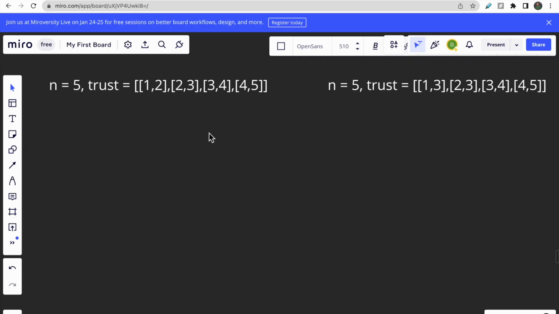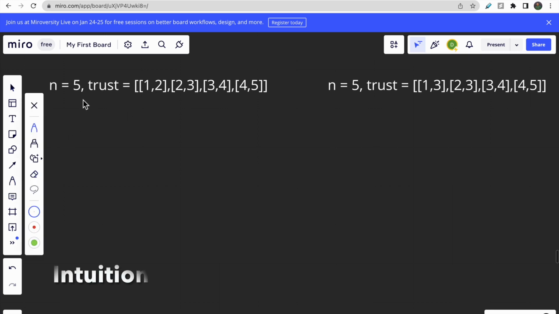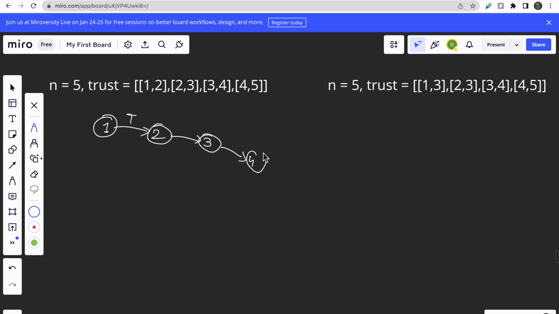Now let's take a look at one or two more examples for better understanding. Here I have taken n equal to 5, that is, there are 5 people, and this is the trust array. Person 1 trusts person 2, 2 trusts 3, 3 trusts 4, and 4 trusts 5. This is how the trust edges are represented here. You can see person 5